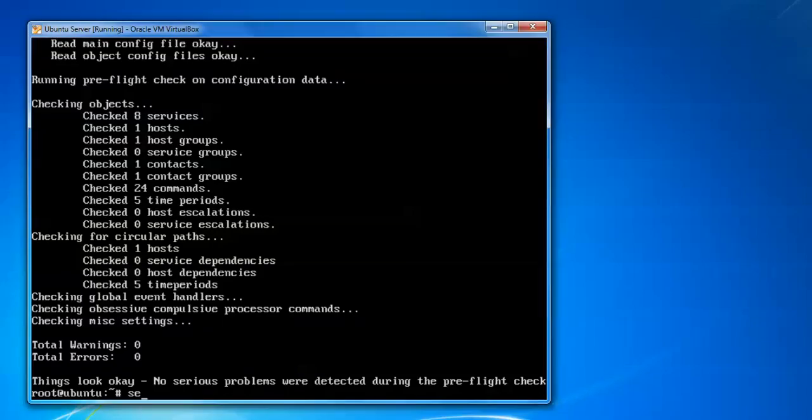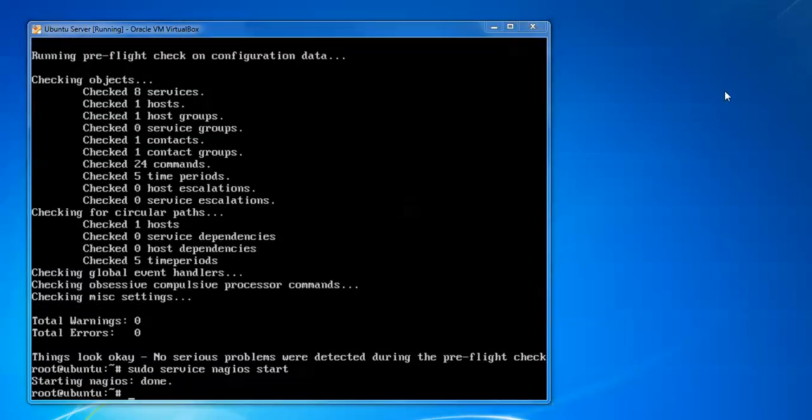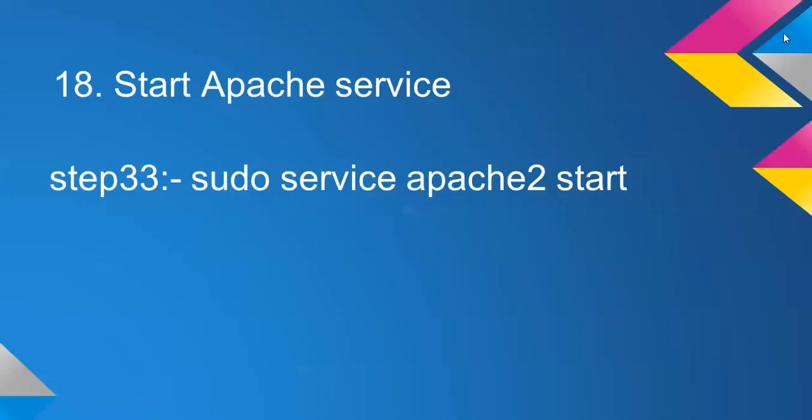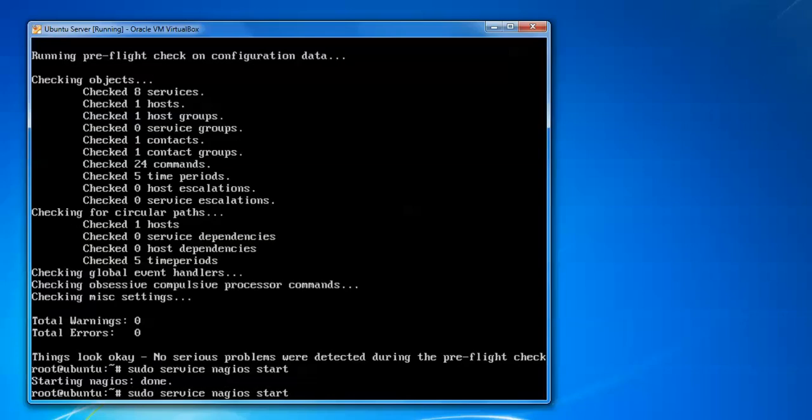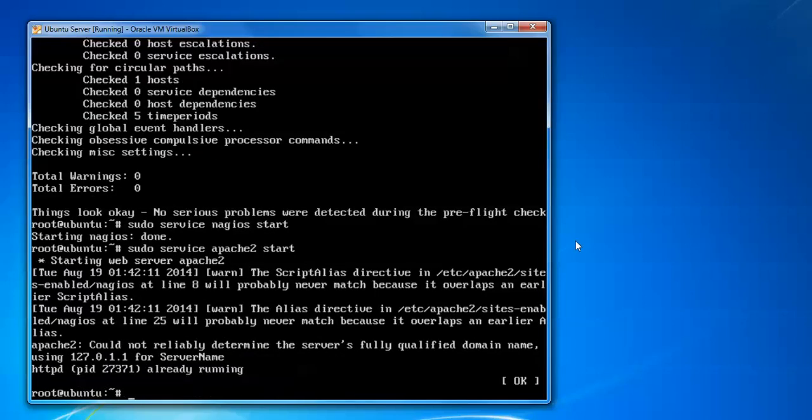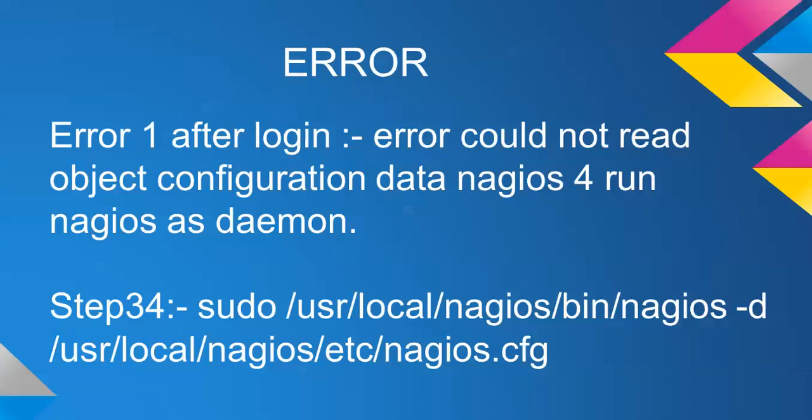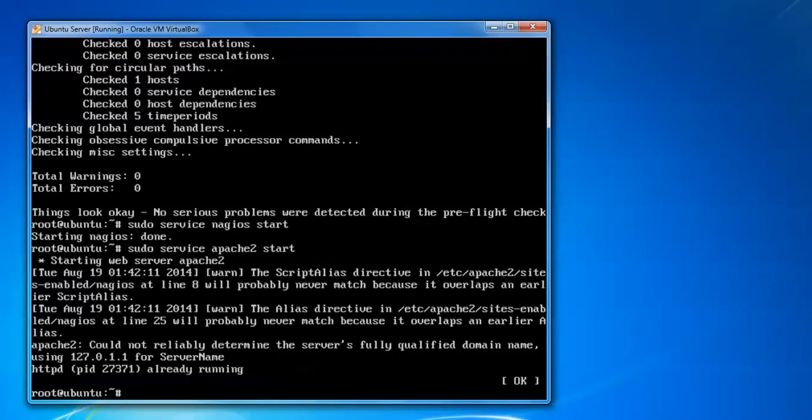So we type sudo service nagios start. Done. We need to restart Apache also. Just replace nagios with apache and press enter. It has already been running. Suppose you are getting any errors, now we are going to check the Nagios installation